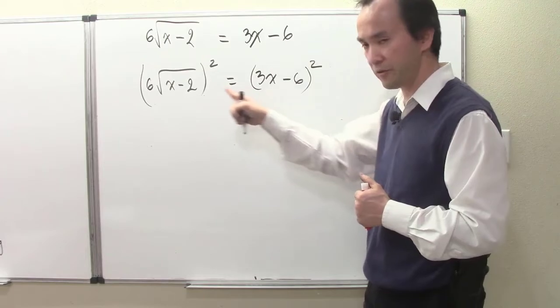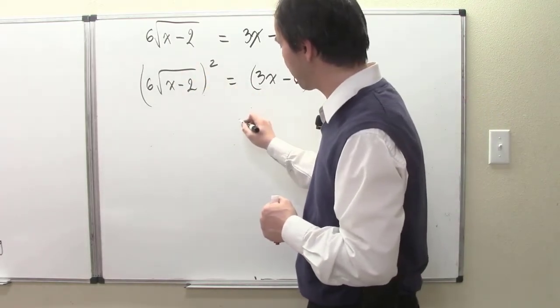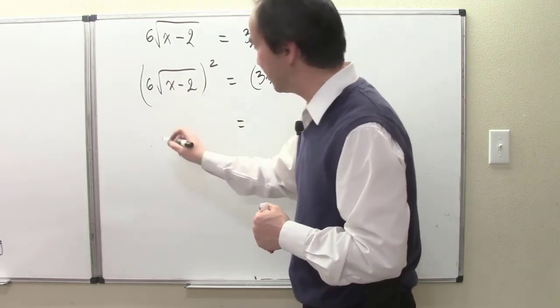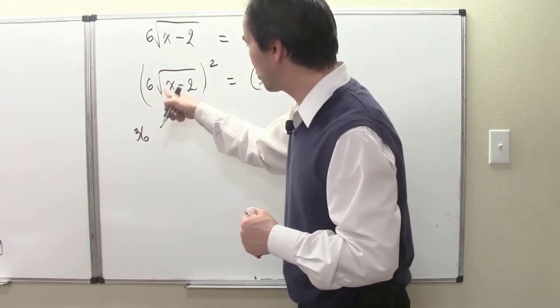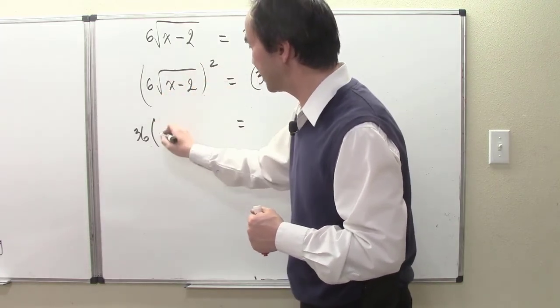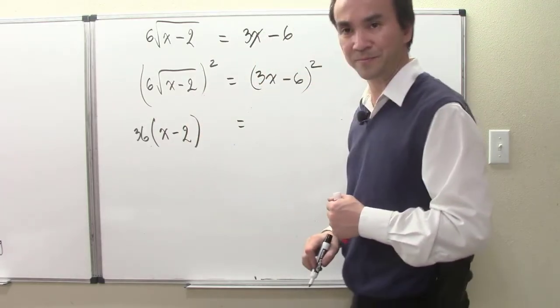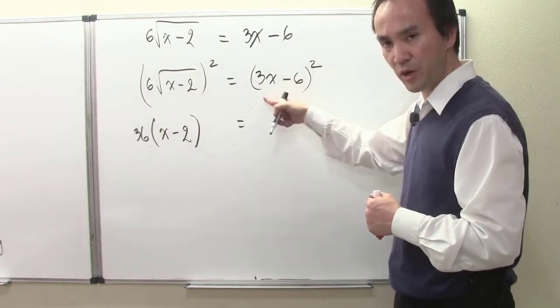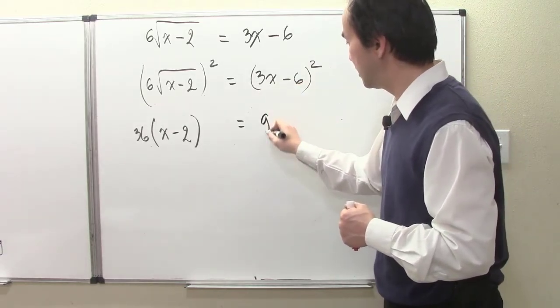Okay, and that's how I write squaring both sides of our equation. And now after squaring, the left-hand side comes out easy as we square the 6, making it 36. And the square root term cancels with the square, making it just x minus 2, free from the square root. I'm going to take my time squaring out this perfect square, making it now 9x squared